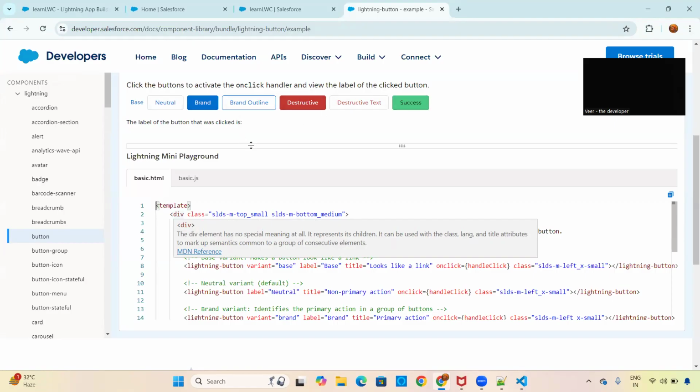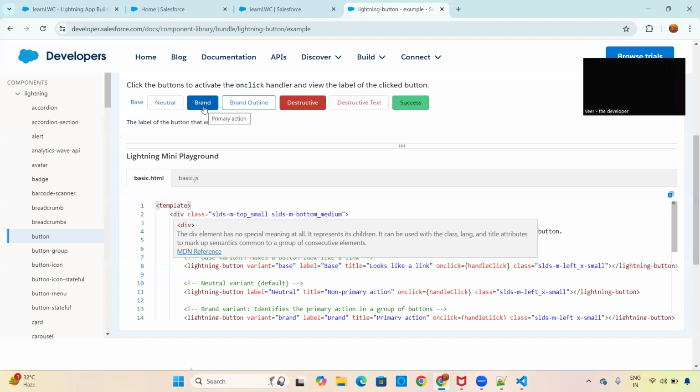So generally, what you have to understand is, this is destructive. That means when you want to stop some action, like a cancel button, right? So you will be using this destructive button. When you want to give a confirmation, let's say you got a pop-up message that okay, are you happy with the result, and you said yes I am. Okay, so this is